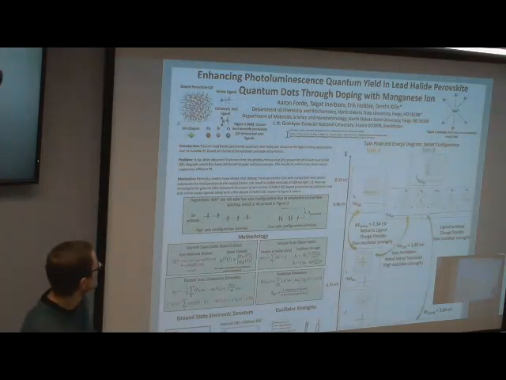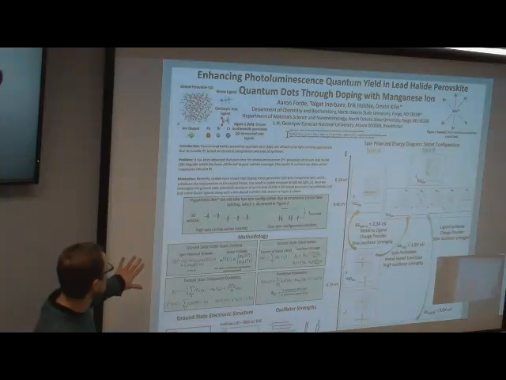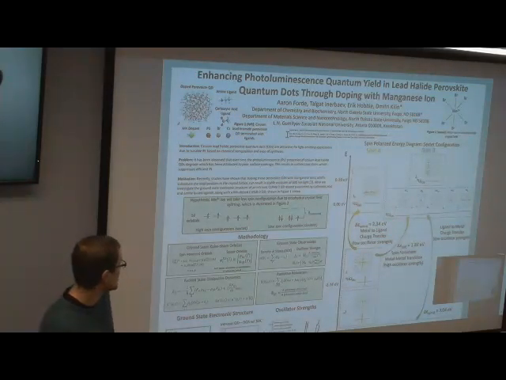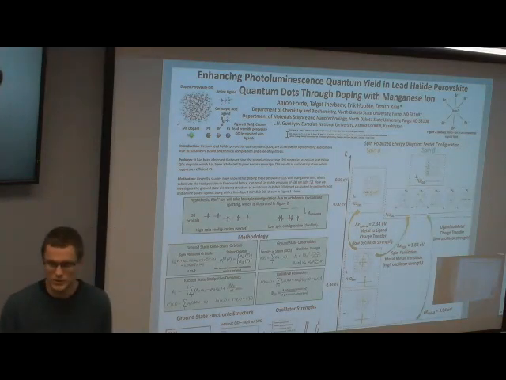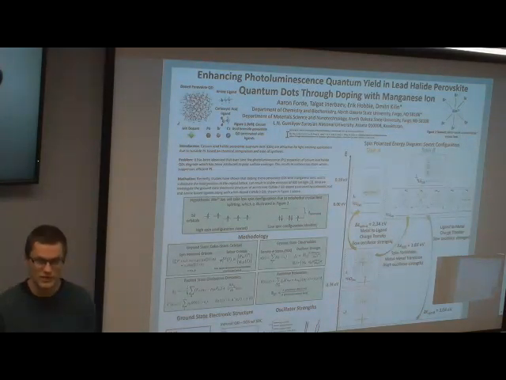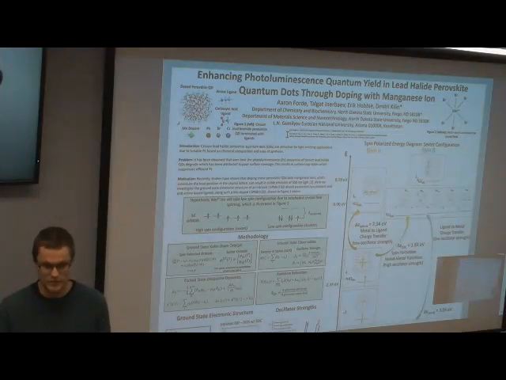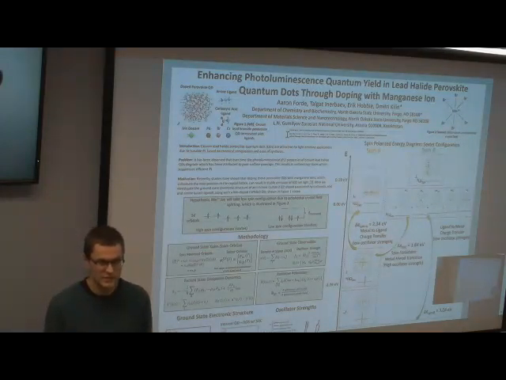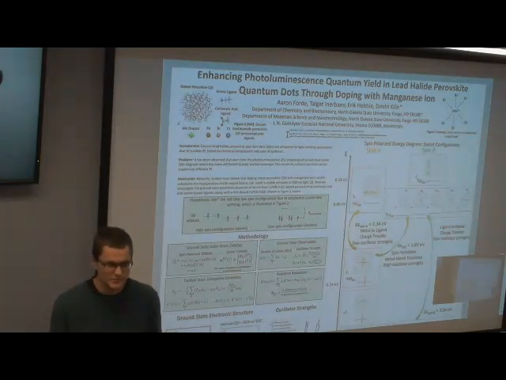This poster was originally for KU and DSU, and some of it I'm going to be deleting to make room for some of the new data that we've been collecting. But at that conference, one of the first questions we were looking at is what's the ground state electronic structure of the intrinsic quantum dot and then of the doped quantum dot itself, because in the doped quantum dot the manganese ion can take on many different spin configurations due to ligand field and crystal field theory.